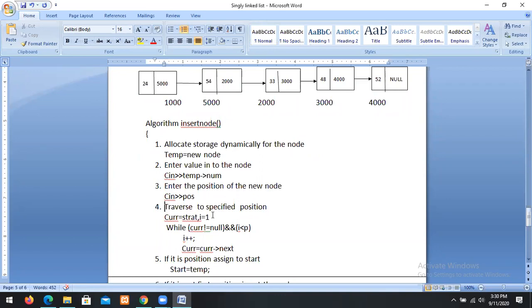So how to move the cursor to a particular position? For each move from one node to another node, we use current equal to current dot next. Suppose I want the 7th position, then you have to use current equal to current dot next 7 times. That's why I use a looping statement to move the cursor to a particular position. For that I use while I less than p, current equal to current dot next. When I write this, the cursor is moved to the